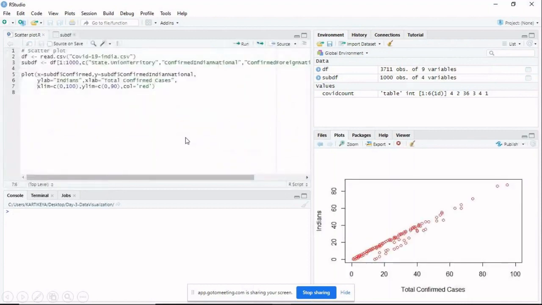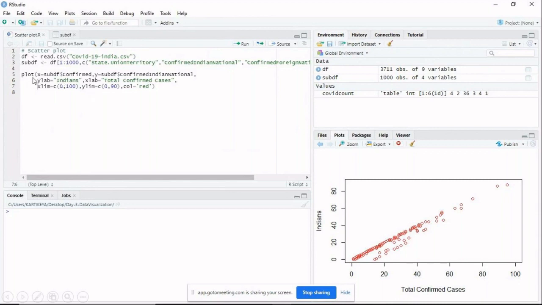Now we want to plot a scatter plot by using this data. How you can draw a scatter plot is very simple. plot is the command we need to use. plot x = subdataframe$confirmed. From the main data set I have considered 1000 rows, and the column names are state or union territory, confirmed Indian nationals, confirmed foreign nationals, and your confirmed cases.